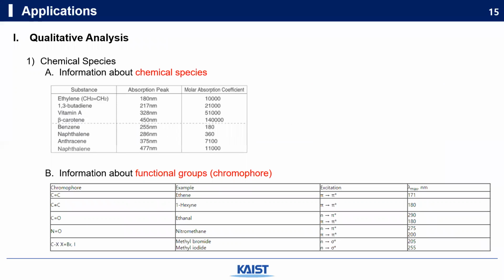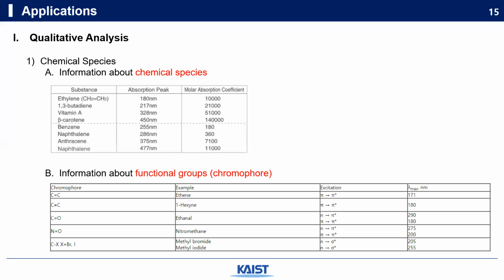In this chapter, I'll talk about applications. Speaking of its application, the main strength of UV-vis spectroscopy is the versatility with simplicity. Frankly speaking, unlike other characterization methods that we have dealt with, UV-vis itself cannot give specific or unique information about the sample. However, due to its simple measurement procedure, UV-vis spectra can be regarded as quick but